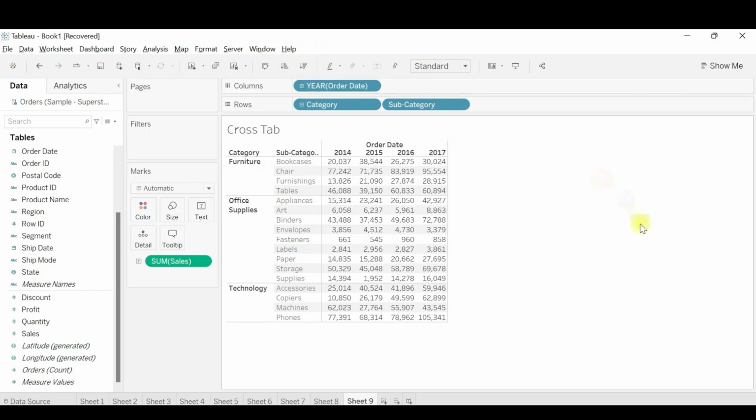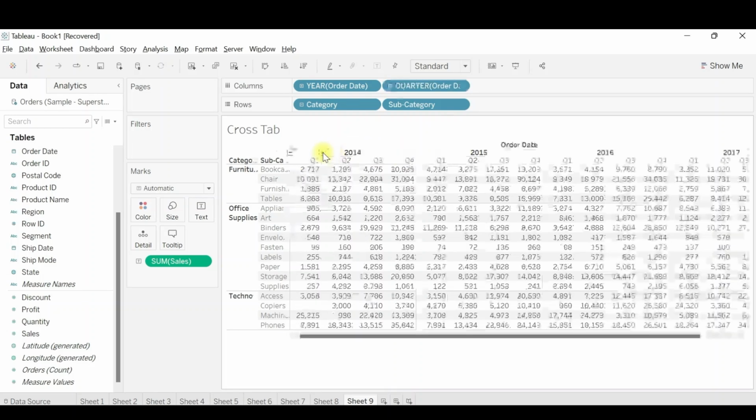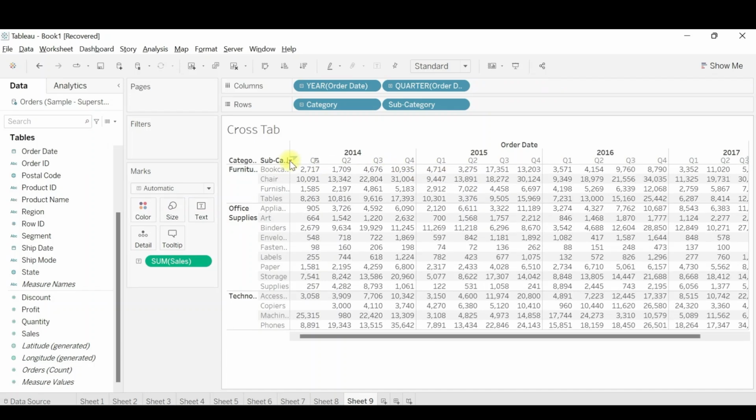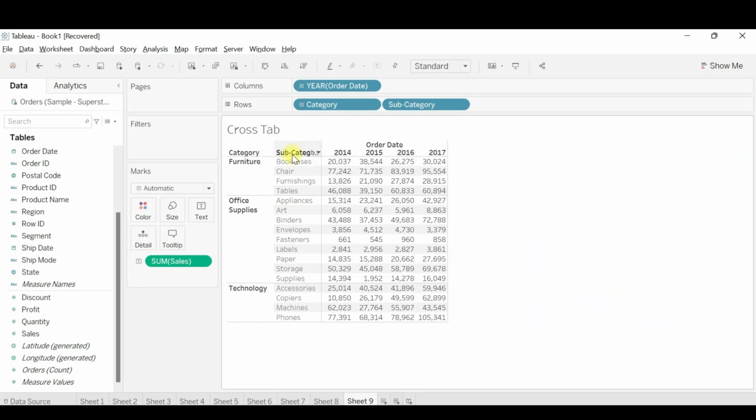This is one way. The other way around is on the columns here, you can see a plus. You can click on this, and you can see the levels going down. If I click on this again, it went to the months. If I click on minus, it will drill up. So this is how we drill down and drill up on the different hierarchies across the columns and the rows. This is one of the use cases.